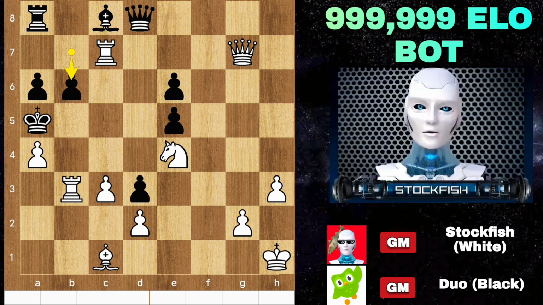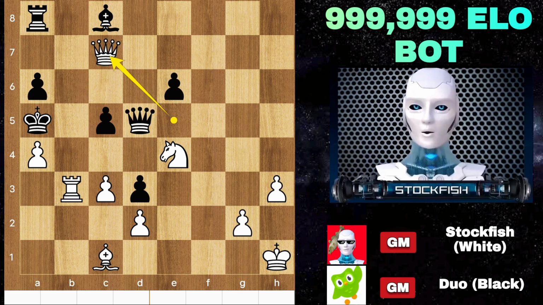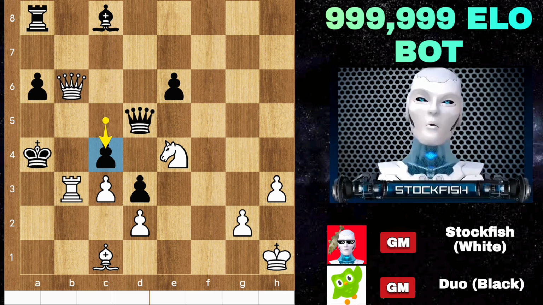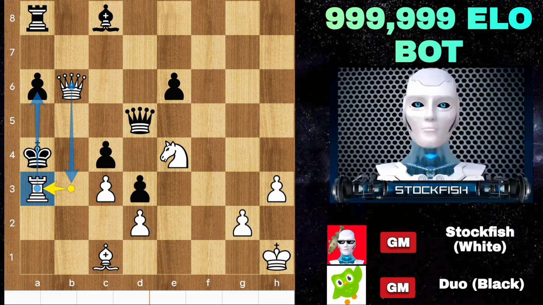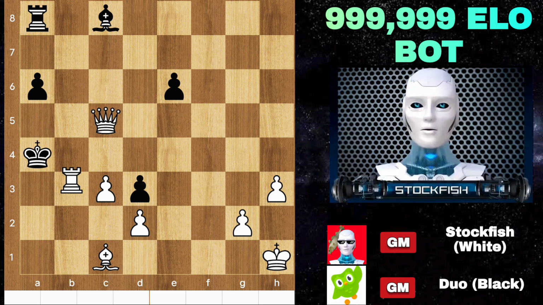some more moves we have queen check, queen blocks, rook c5, sacrificing the rook on c5 to play queen c7 check, king takes pawn, queen here, threatening to mate in one with rook a3, so c4, rook a3 check and mate. But in our actual game, Duo gets checkmated a different way: takes check, king to a4 check and